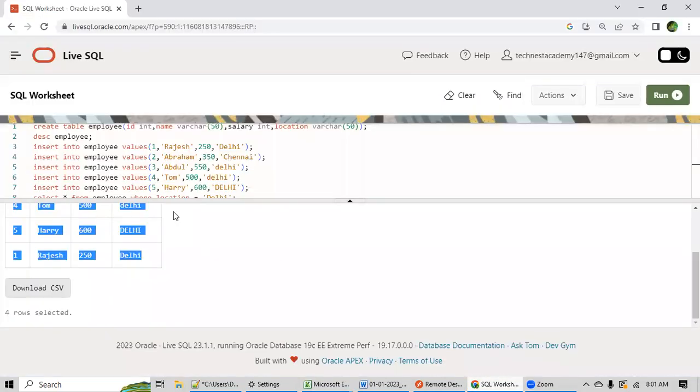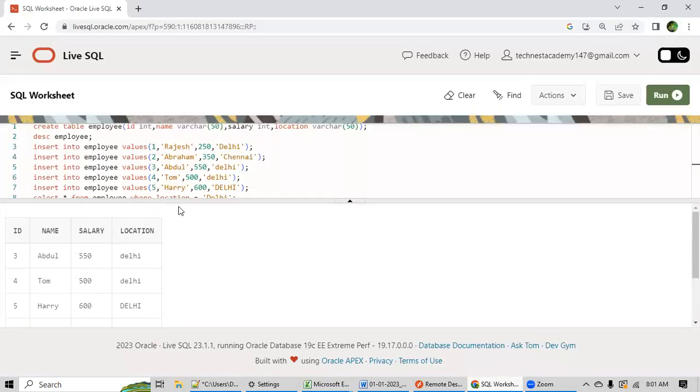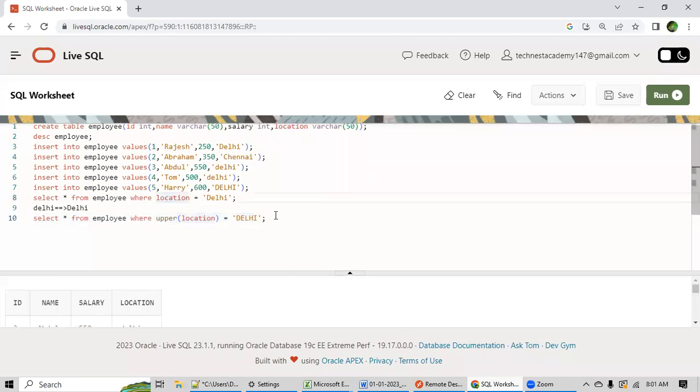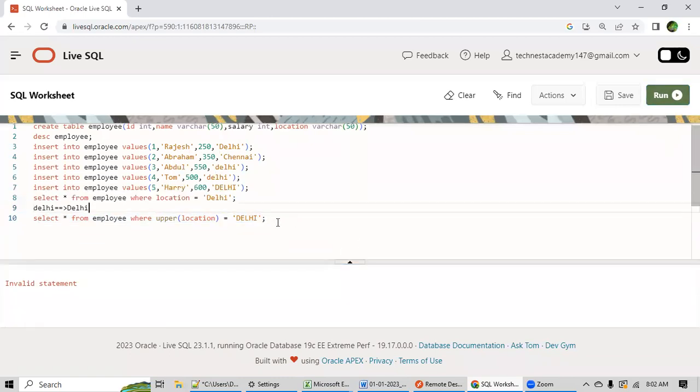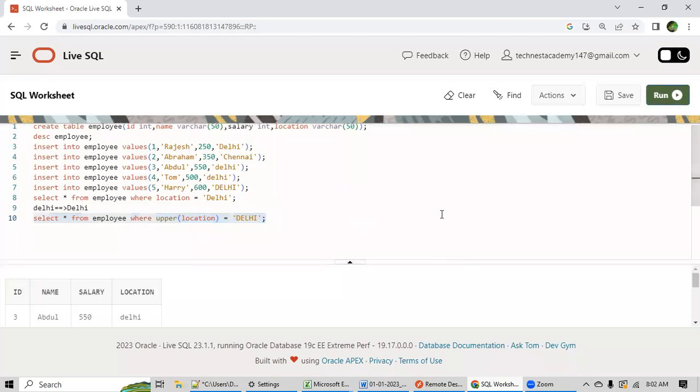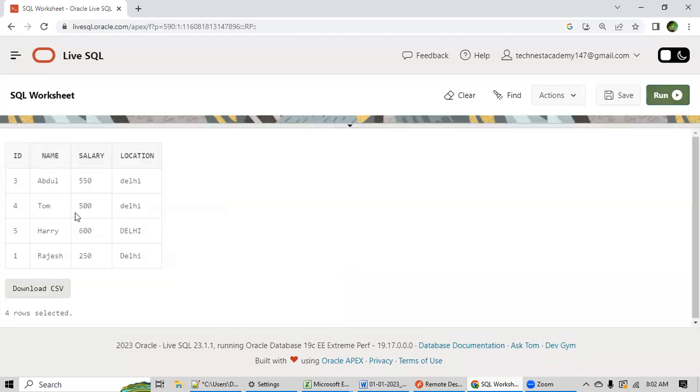Okay, and the same thing, if you see the output here, you have got the same output. We'll execute this query, so please verify the output. Invalid statement. What happened here? You see, you are getting the same output.